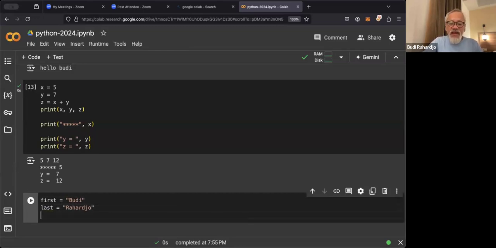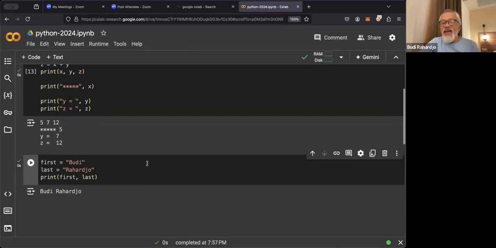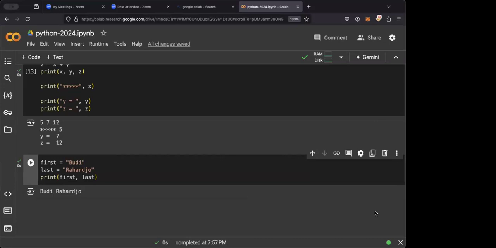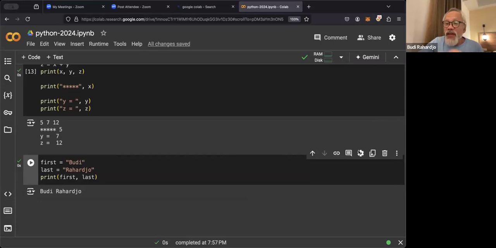Then I can do print first, comma, last, and it will print Budi Raharjo. So a variable can be numbers, it can also be text, and it can be anything basically in Python. It can be as simple as numbers, as simple as text, or even a whole file.